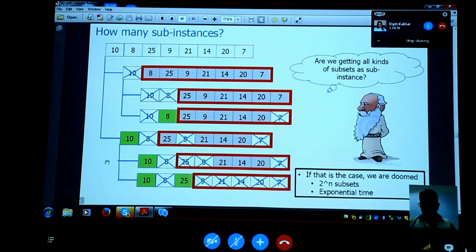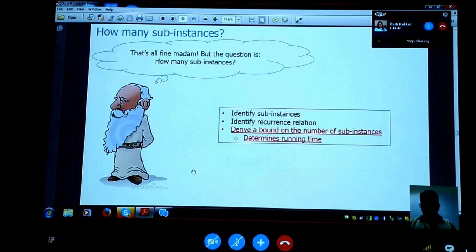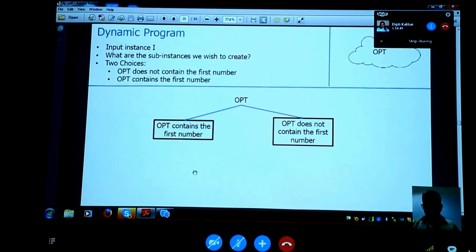Now let's see the other branch. This is the branch where you pick the 10, right? So in that case, you will kill the 8, 9, 7, and this will be your instance. Or within that there are more branches, right? So if you see, it doesn't have a nice structure like our prior problems.